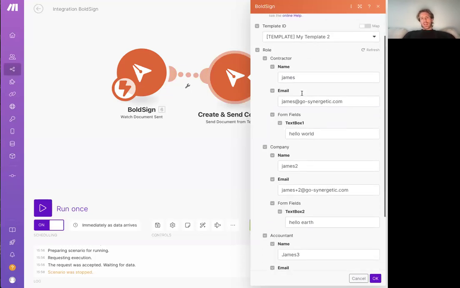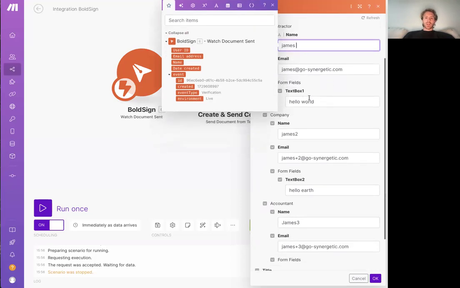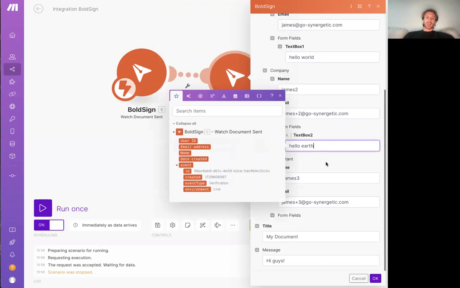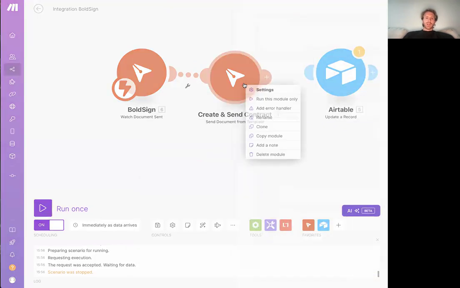I've gone ahead and put in some dummy data in here. It's going to send me an email address, and there'll be one that says hello world. There'll be another one that says hello Earth. Giving my new document a title and then a custom message that I want to send to these stakeholders. So if I click run,